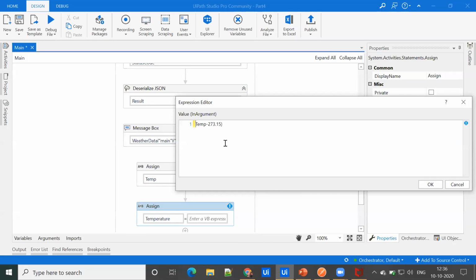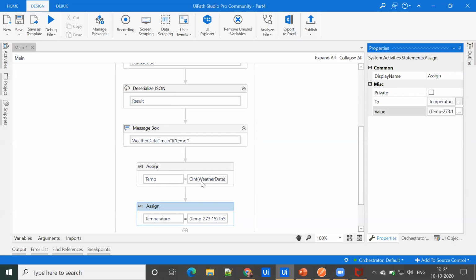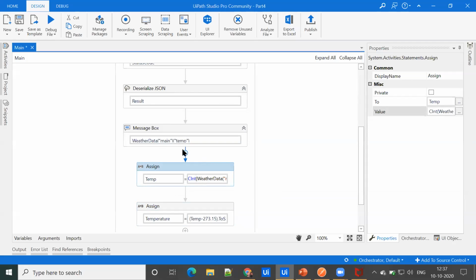And I'm going to convert it into string format. To do that, I'm using ToString. So let's click OK. What we have done is converted the Kelvin temperature value into integer and assigned it to the variable, then we subtract the value, convert it into a string value, and assign it to the variable.